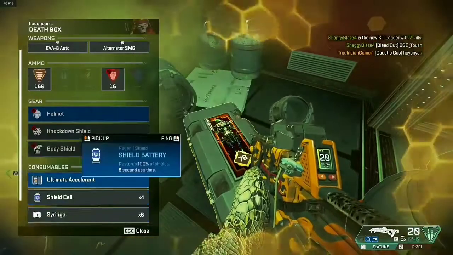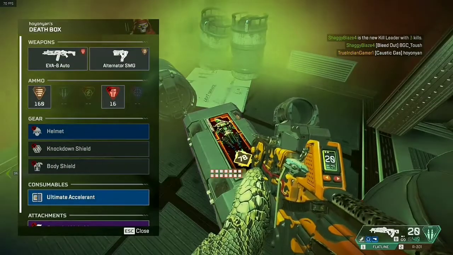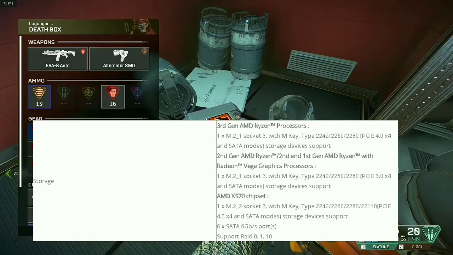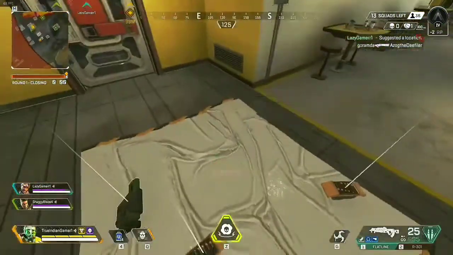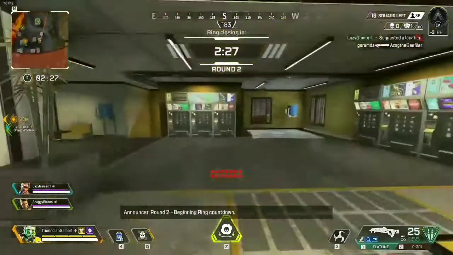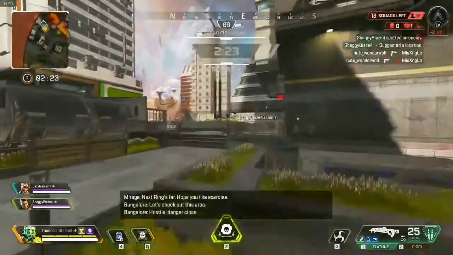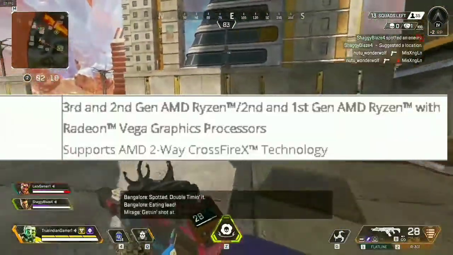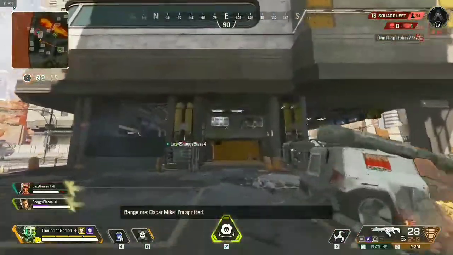The fourth thing you should check in a motherboard is if its storage support fulfills your requirements. You should see if it supports multiple M.2 SSDs, how many SATA ports it has, and does it support the Gen 4 SSD you are planning to use. Well, if you are planning to build a multi-GPU PC, then you must already have bought a high-end motherboard, which often supports the multi-GPU setup. But you should always check how many GPUs your motherboard supports so you don't end up with a wasted graphics card. The NVIDIA multi-GPU support is called SLI, while AMD's is called Crossfire.